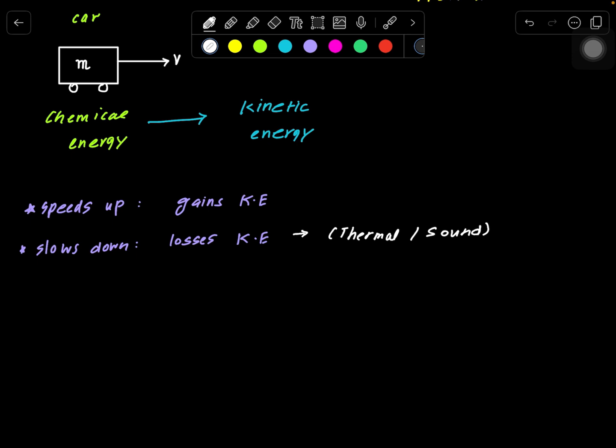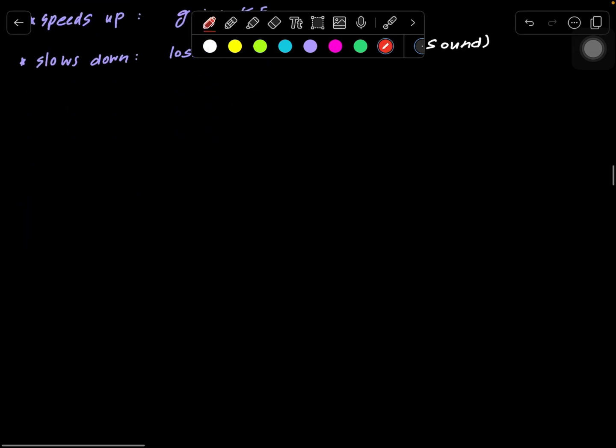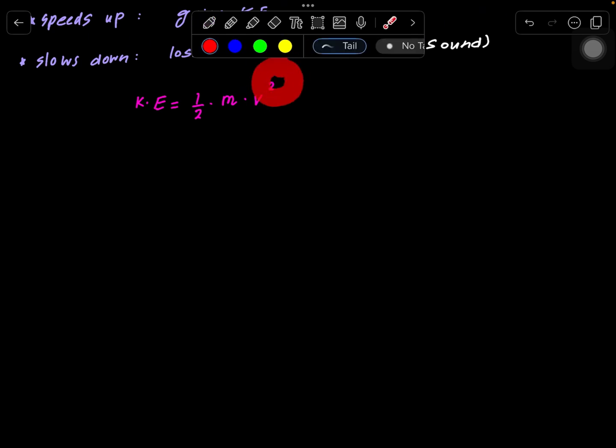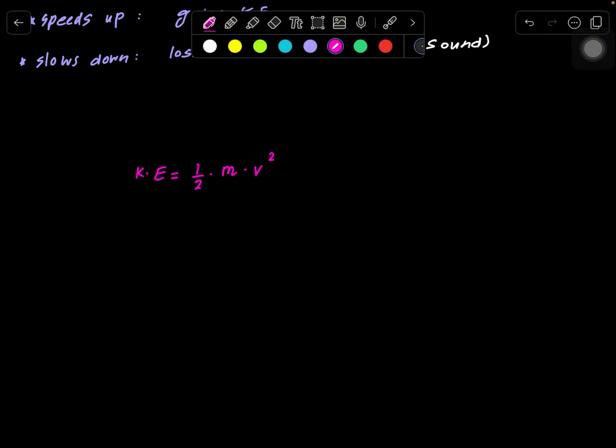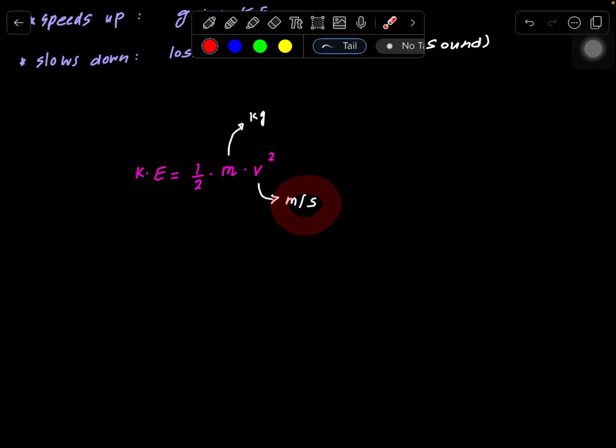So kinetic energy can be calculated using a formula, and that formula is half multiplied by the mass, which is represented by using lowercase m, and velocity squared. Don't forget to square the velocity since that's one of the most common mistakes when doing this question. So here, your mass has an SI unit of kilograms, and velocity has a standard unit of meters per second. So make sure that you do the appropriate unit conversions before plugging in the values into your formula, because you might be given the mass in grams or the velocity in kilometers per hour, and it's necessary that you know